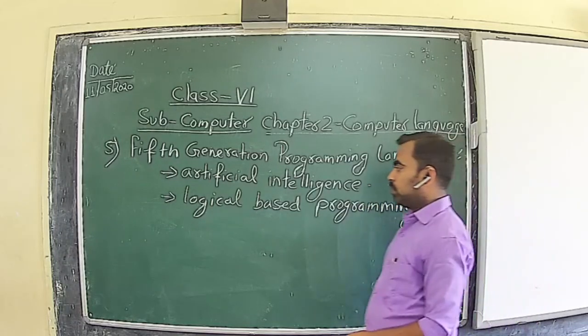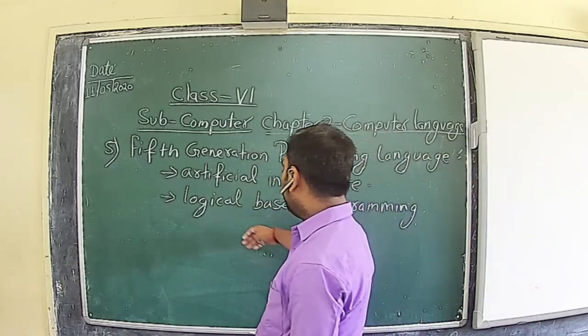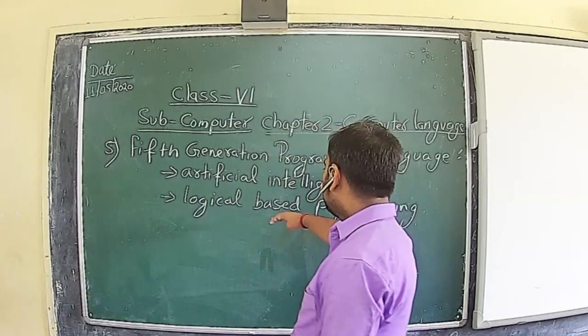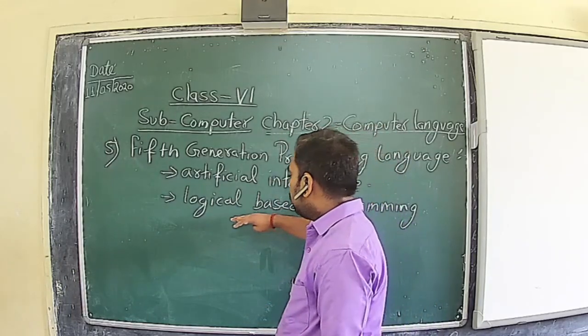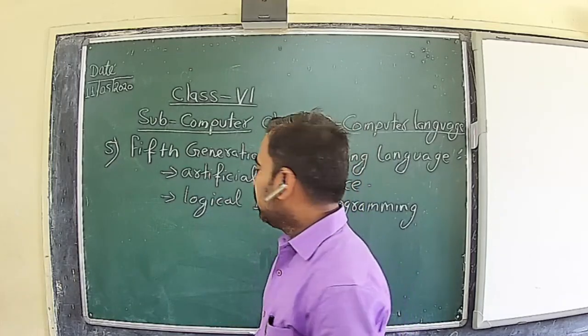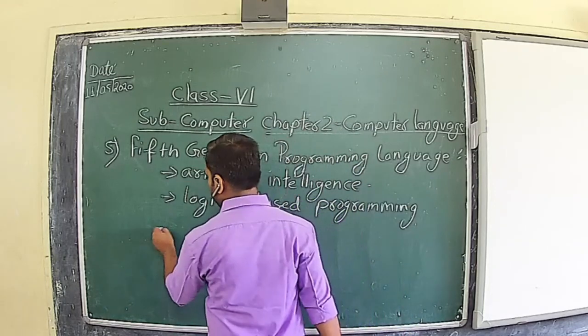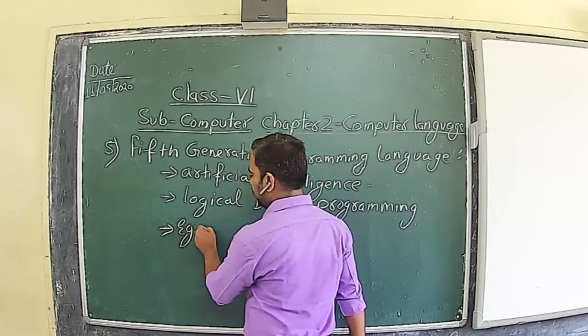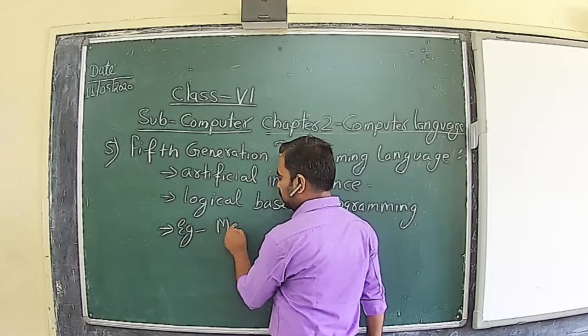It is logic-based programming. That means it uses its own logic to solve the problem in the given scenario or condition. Okay. The example of the fifth generation language is Mercury